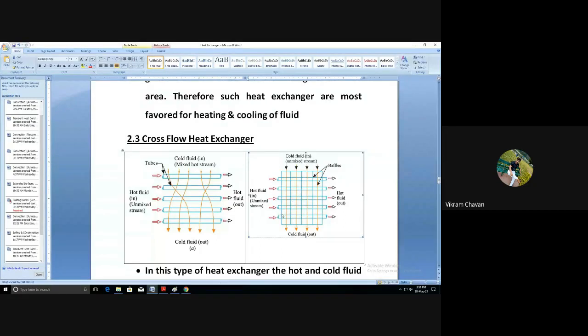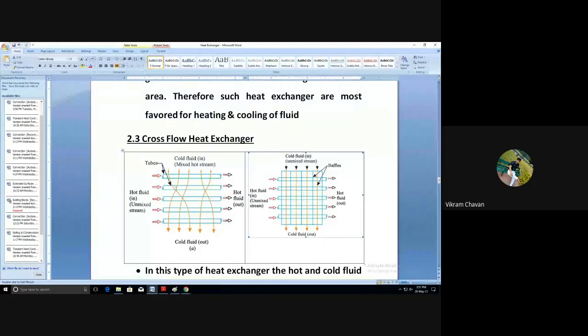Now, what is the difference? What will happen in these two cases? Why are we allowing the streams to mix and why are we not allowing them to mix? Once you allow the cold fluid streams to mix, we will get a uniform temperature for the cold fluid at any cross section. Means what? If you take the cross section at a particular point, let us say on the second tube, we have to consider the temperatures. Over the second tube, we are going to consider the cold fluid temperatures.